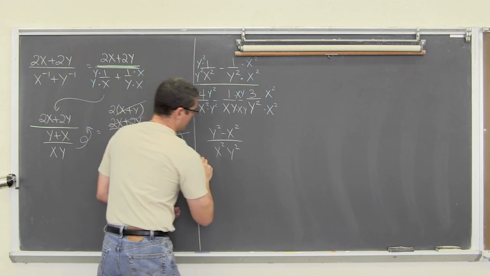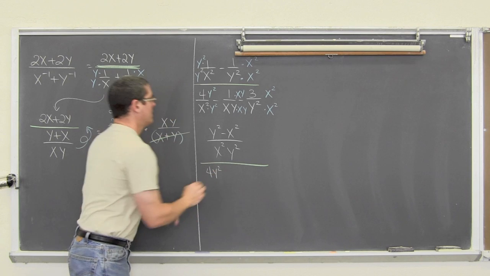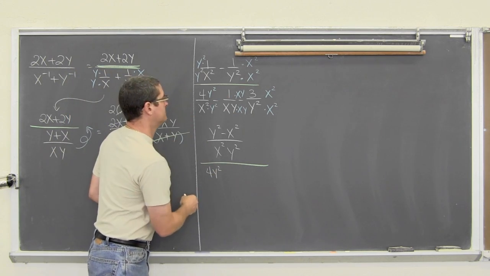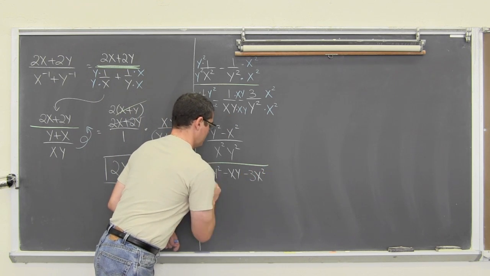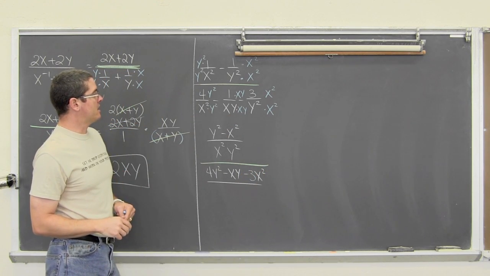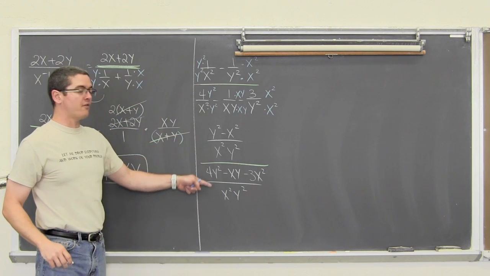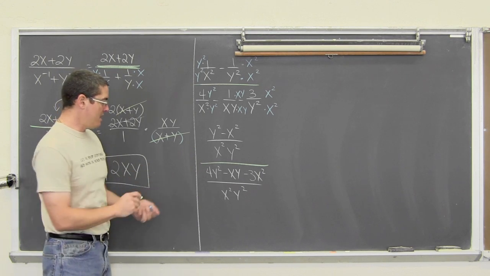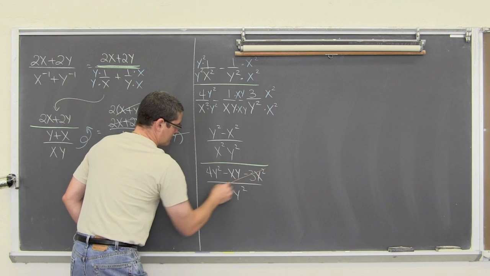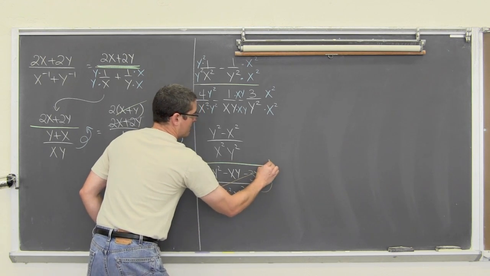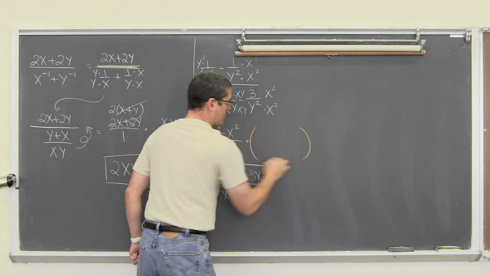Our main fraction bar here, and in the denominator we have 4y squared minus xy minus 3x squared all over our common denominator again of x squared y squared. Now we only have one fraction in the numerator and denominator. So we can take this denominator, let me pick a different color here, and I'm just going to cross this out to save a little bit of space and flip that up and show that we are multiplying by the reciprocal of the denominator.